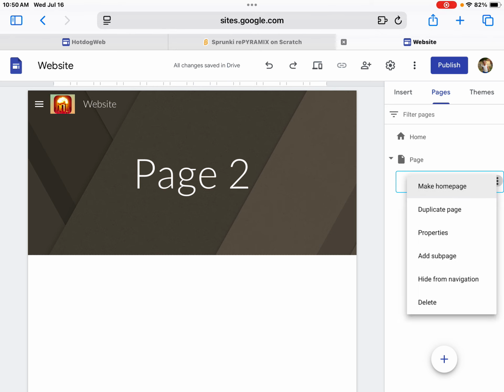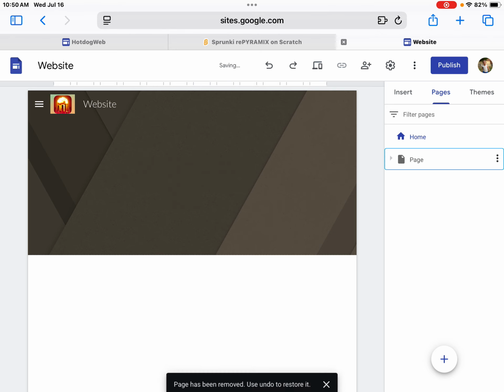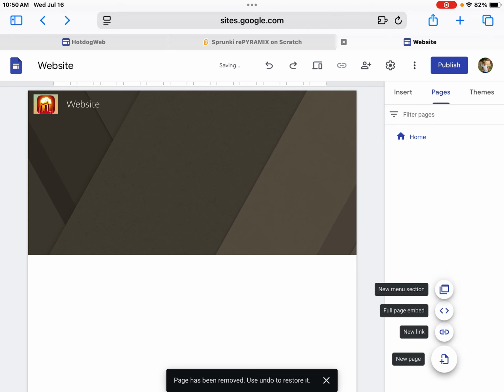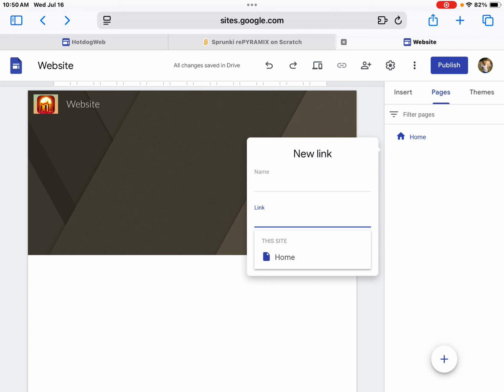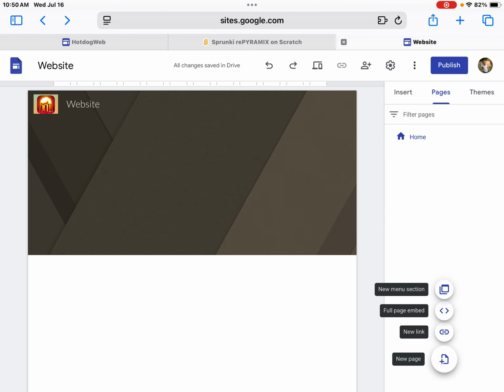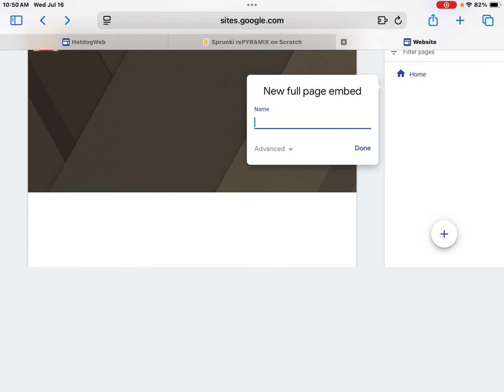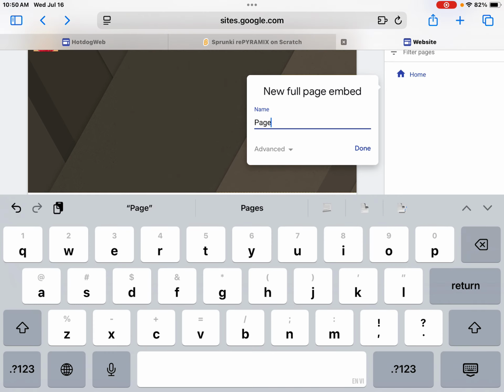We can even do the same things like delete. Now let's talk about new link. So basically, a name and a link. The full page is in. So basically, we're just going to name this page